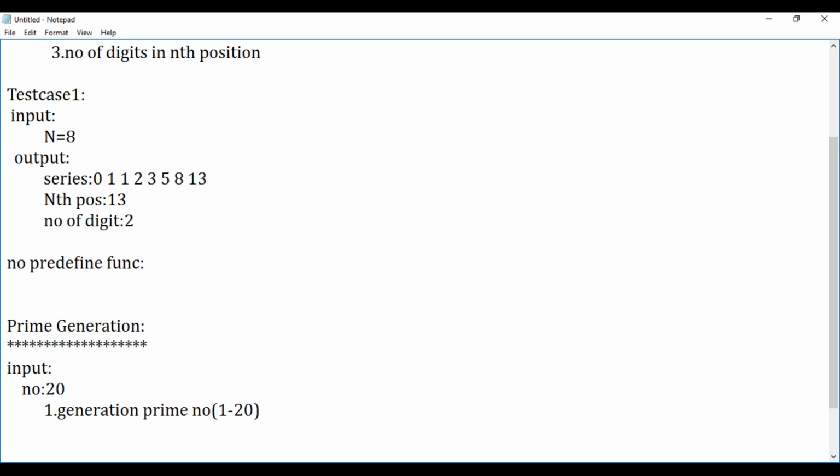A very basic program I have given. So this is within the range. This question is literally asking me to display within the given n range.